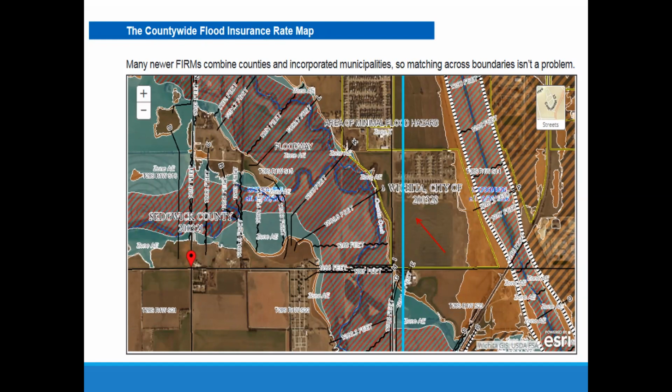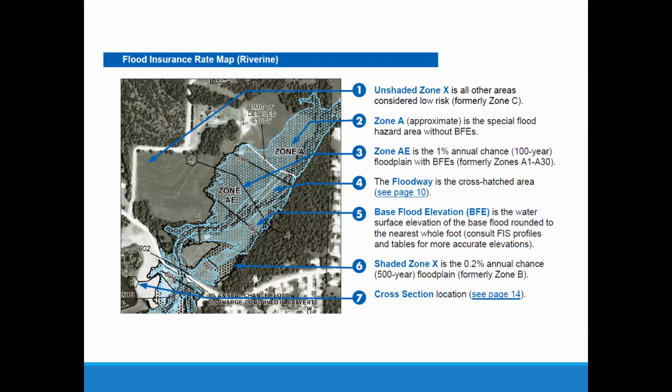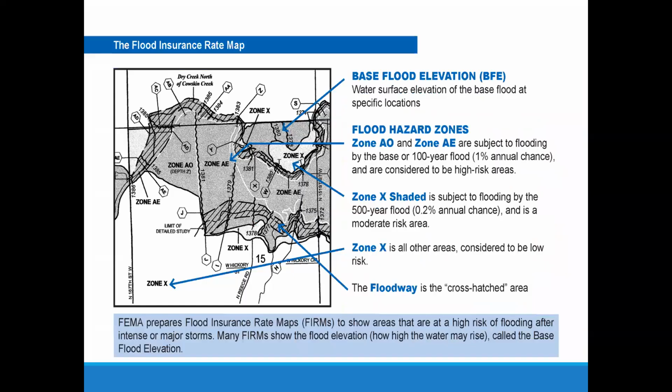But here, our floodway is shown, and it says floodway Zone AE in the upper center portion of the screen, and it's got red stripes. So no matter which flood map you're looking at, your floodway areas are shown by diagonal striping. On that white and black scale map that was, let me go back 2 slides. See, it's these diagonal stripes that go right through cross sections AA, AB, AC, Z at the top.